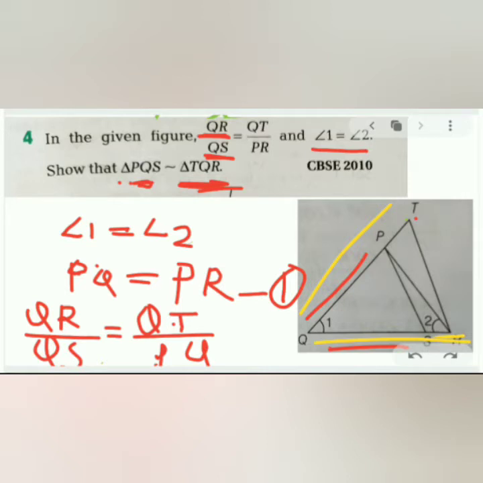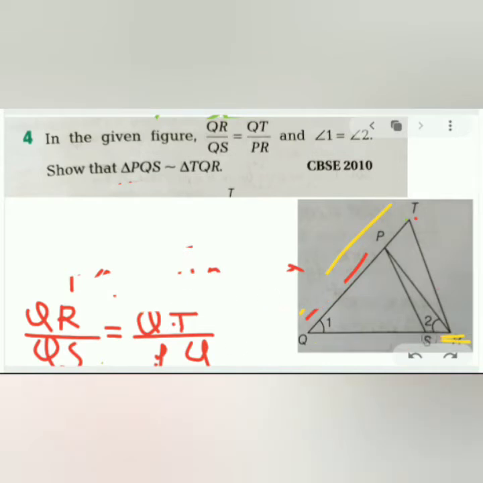Now I will discuss it in expanded form. Here you can see the expanded form of how to write this question, because understanding this question is easy. How is it easy? One angle is equal to another angle, angle 1 equals angle 2. We just replace the side PR by PQ. We get another ratio, and by that ratio we can prove the two triangles similar. But how to write it? So let us begin our process.